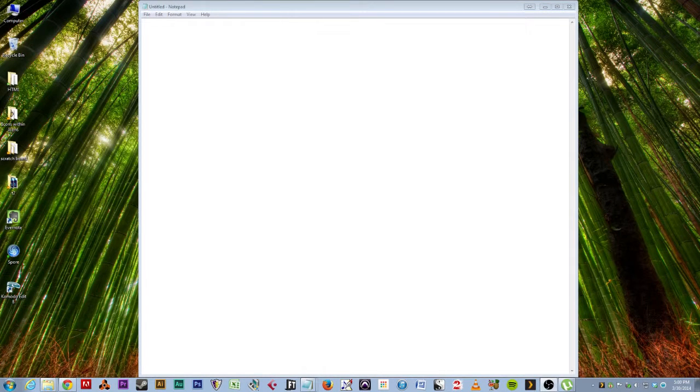Before we get started, I just wanted to review a couple things. I've made mention of Notepad. This is the software that we're going to be using here to write our code. But some of you may not know how to access Notepad in Windows. I'm using Windows 7 right now, but most of you, except for those of you who have Windows 8, will be able to find Notepad